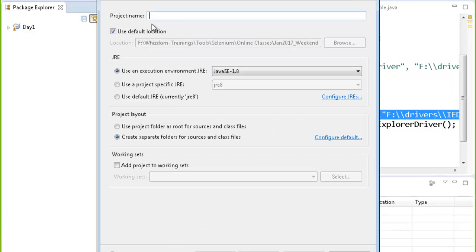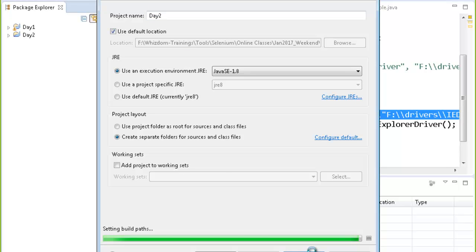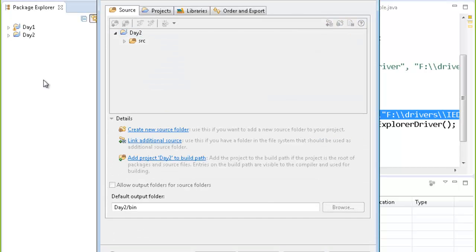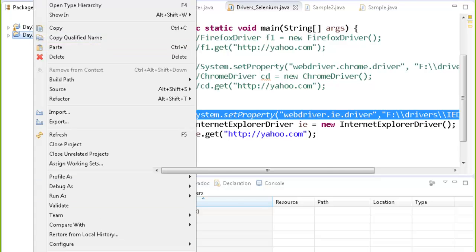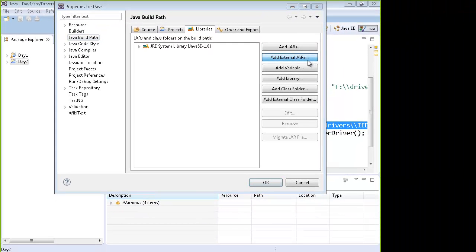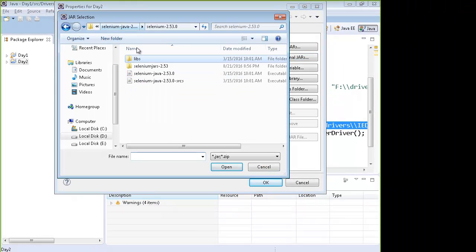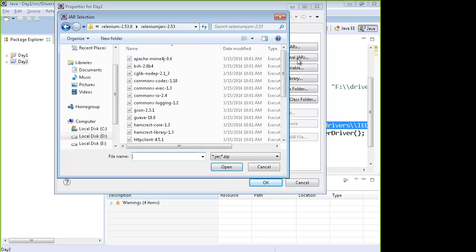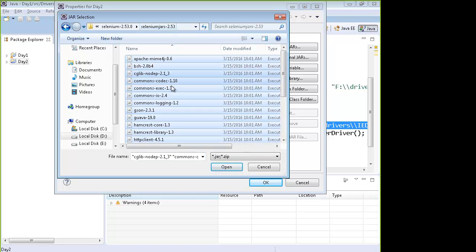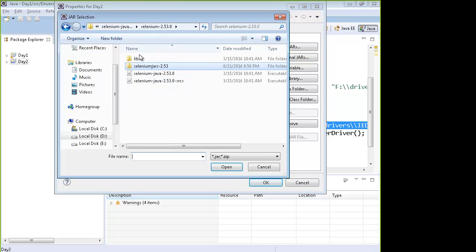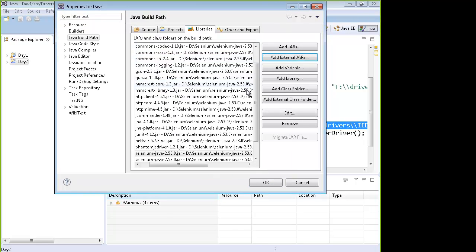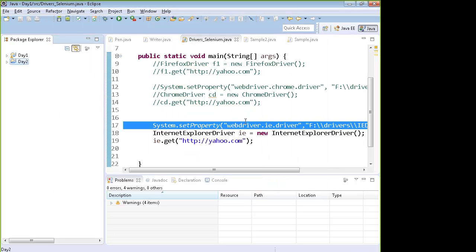I will name that project as day 2. In every project you create, you will have to import the jar files for Selenium. So in the day 2 project also, I will import the jar files for Selenium. Okay, so I have imported all the jar files for Selenium in this library. Now look, the thing is,